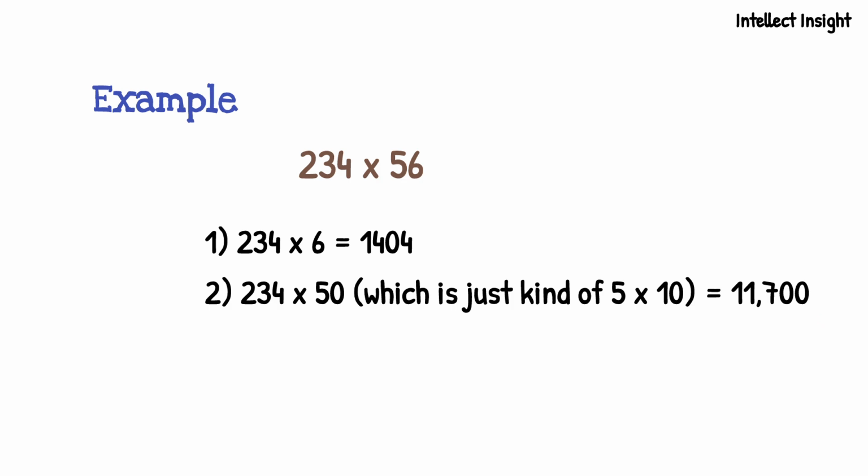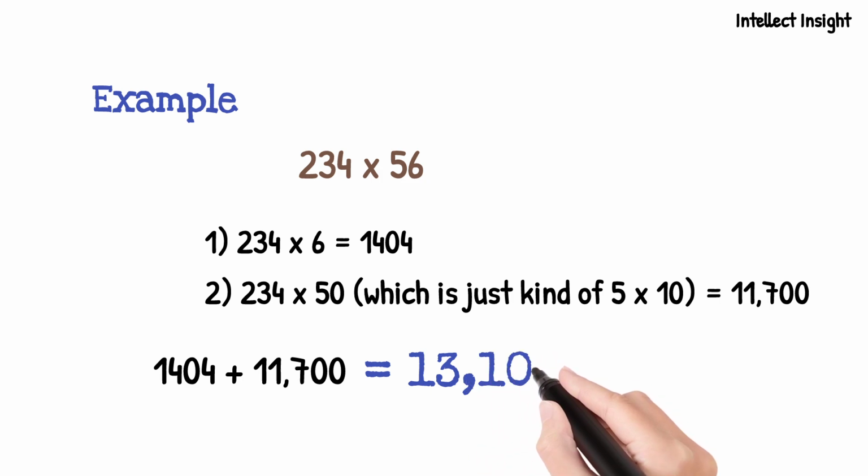Let me break it down for you. First, we multiply 234 by 6, which gives us 1404. Then we multiply 234 by 50, which gives us 11,700. Finally, we add those two numbers together, which gives us 1404 plus 11,700 is equal to 13,104. So 234 multiplied by 56 is equal to